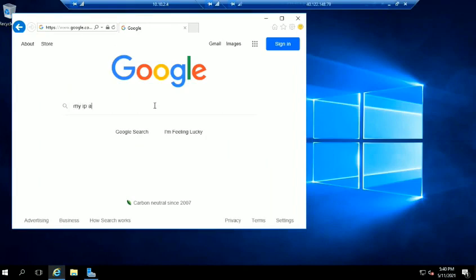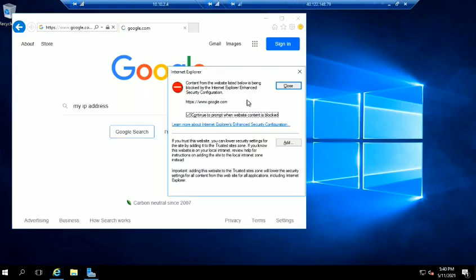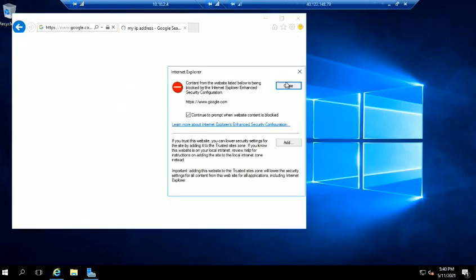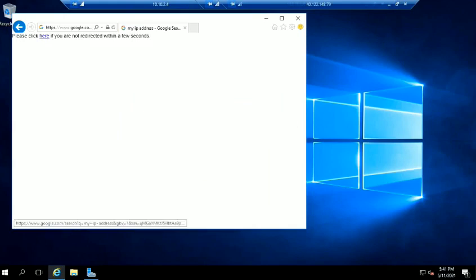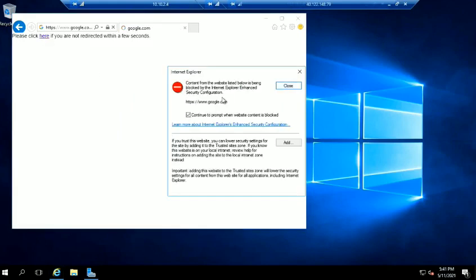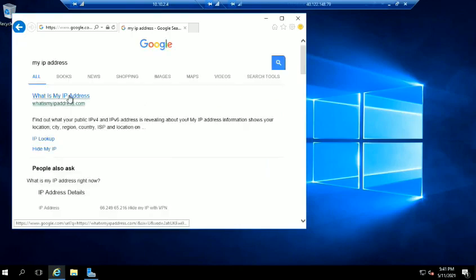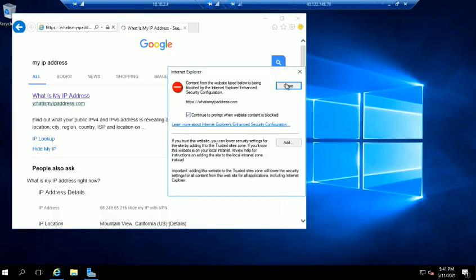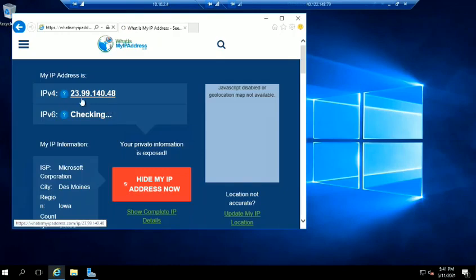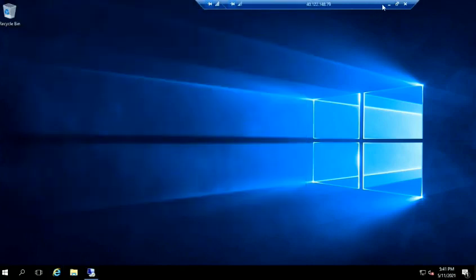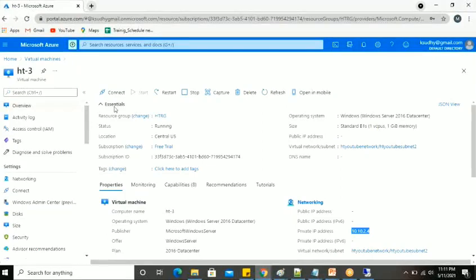My IP address I'm providing here. Let's see what is my IP address here. What is my IP address? There I'm just going to close the same. 23.99.140.48 will be my IP address over there. This is what my IP address was. Okay.